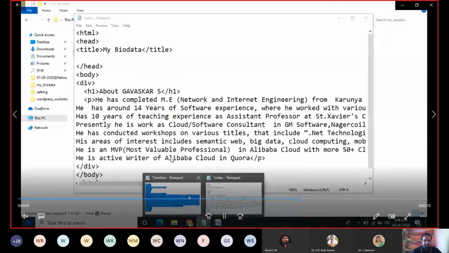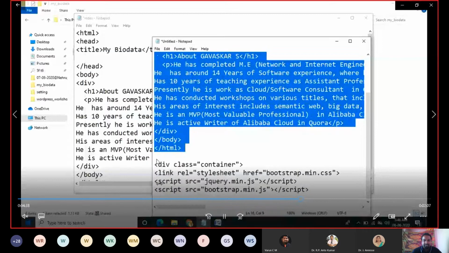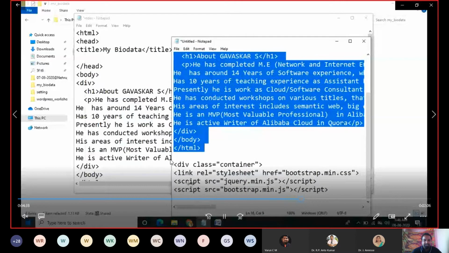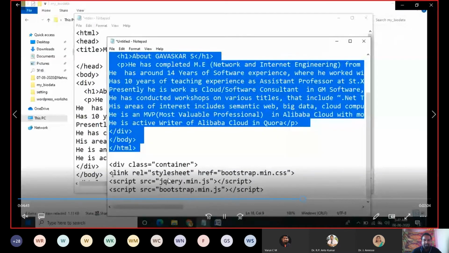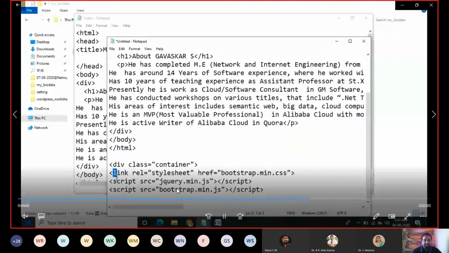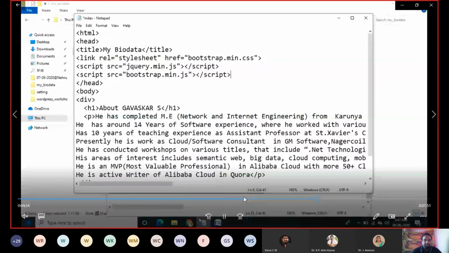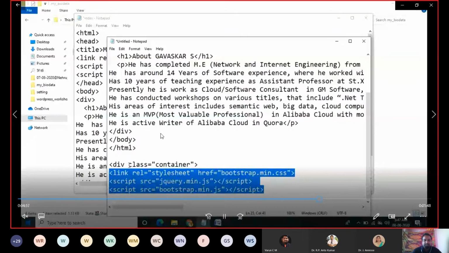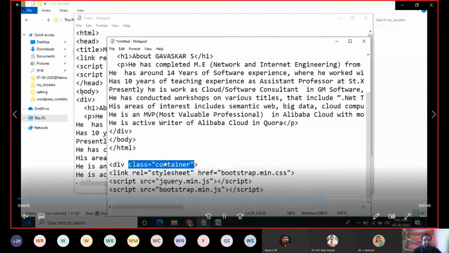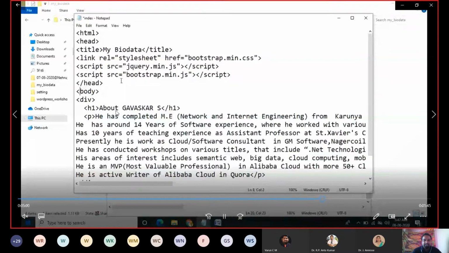This is the code. It is nothing but a reference to the CSS file and JavaScript files which I downloaded. Now, one more thing you have to know here. Whenever you are going to type some content, you have to put it inside a div tag with class equal to container.